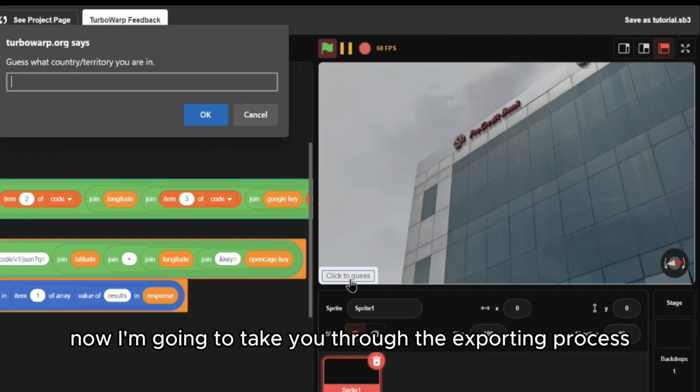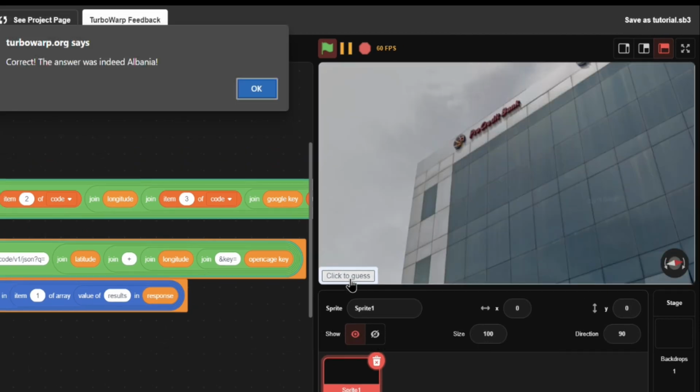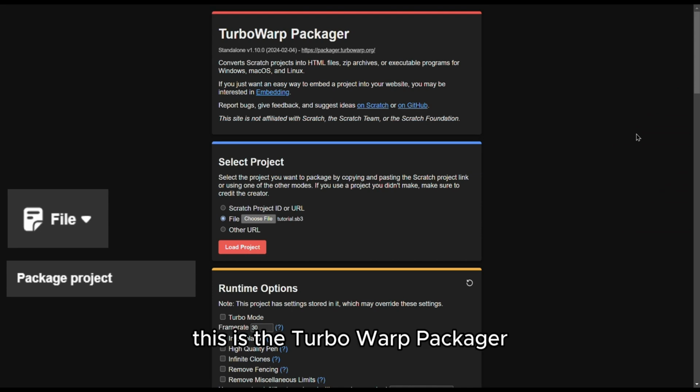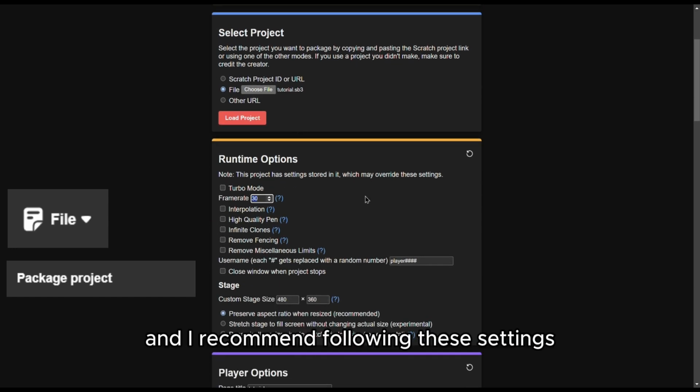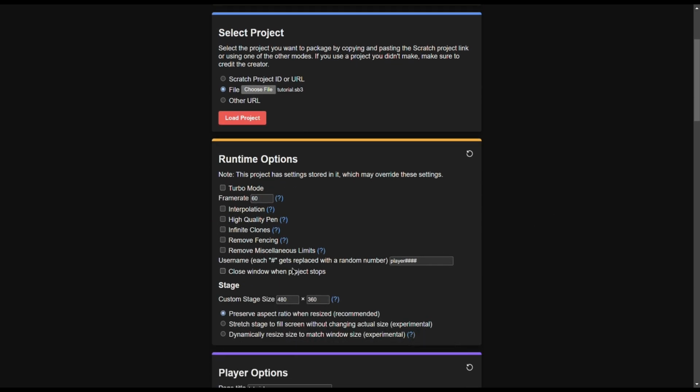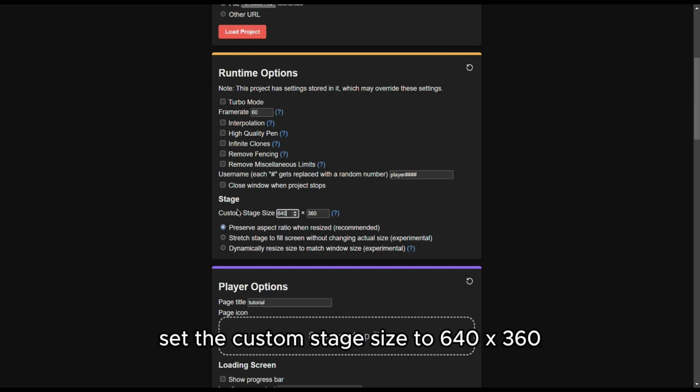Now, I'm going to take you through the exporting process. This is the Turbowarp packager, which can be accessed through File, Package Project in the editor. And I recommend following these settings. Set the frame rate to 60. Set the custom stage size to 640 by